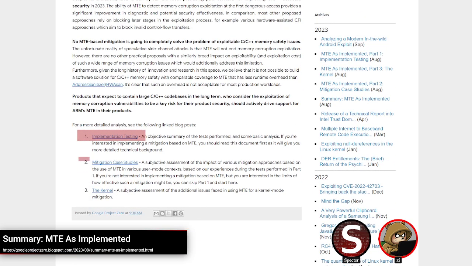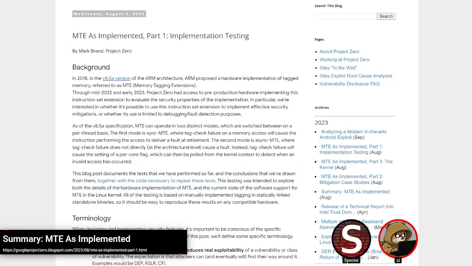The second post, the mitigation case studies, really just takes the issues that they introduced in that first post and applies them to an actual case study, looking at, I think it was Chrome, some aspects of Chrome, and looking at what impact MTE would have given the fact that we know about these issues. And then the third one was how they can specifically implement this into the kernel, and what issues there are. So I'll jump in here with the first post on implementation testing.